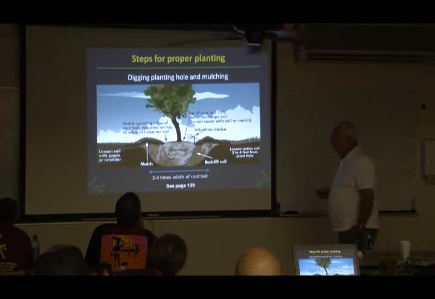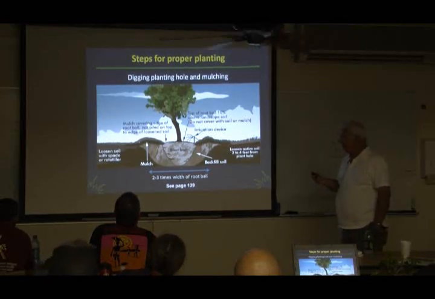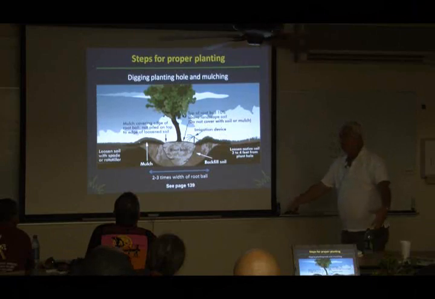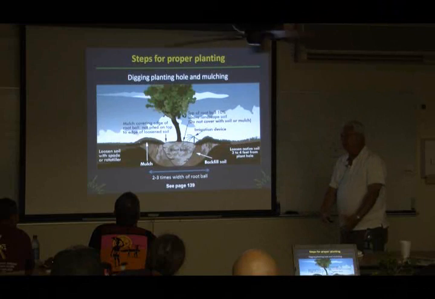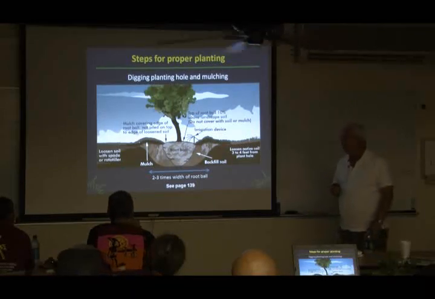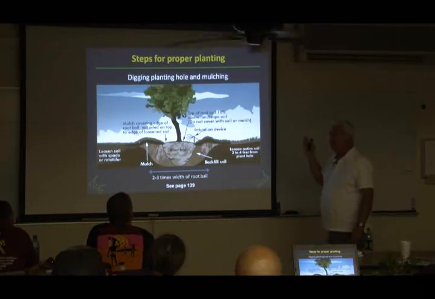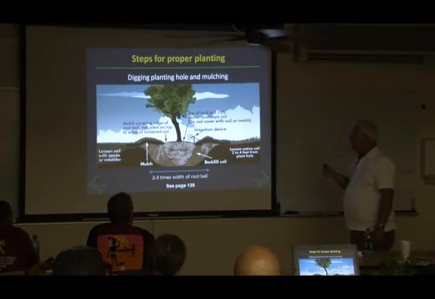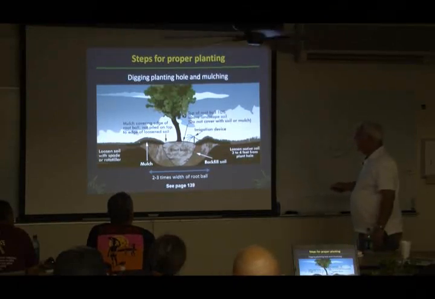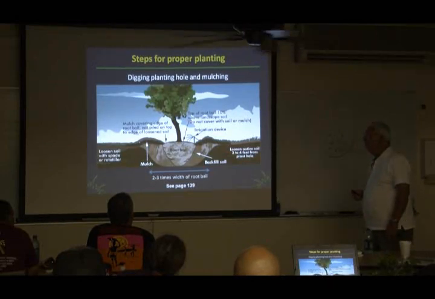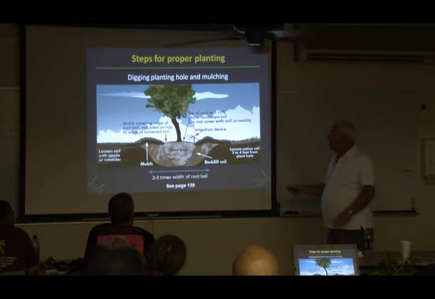They used to think the root structure of a plant, the roots would go down into the soil as deeply as the tops are above, right? You got a 20-foot tree, you got 20-foot deep roots. Well, again, we know now that's not the case. Roots are shallow, top 24 inches at most, top 12 really, but they grow out, way out, out this way. So when you plant the hole, you don't need to plant it deep because roots aren't going to go there very much anyway. What you want to do is